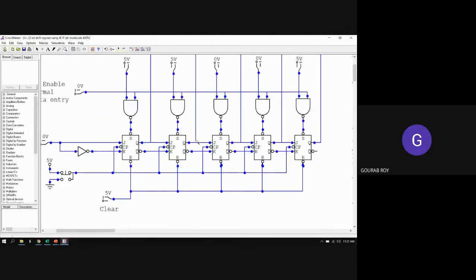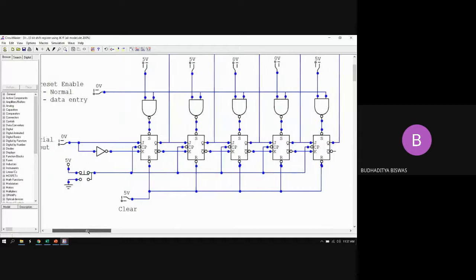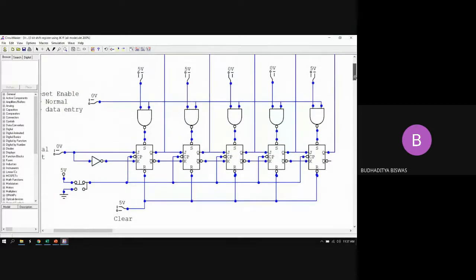Clear. Okay. So understand the circuit step by step, then only you can understand this one, because if you see it as a whole, the circuit looks complicated, but it's a very easy circuit. So first we need to take 5 flip-flops. This is the first flip-flop, JK flip-flop. Just connect the serial input to the J and it is inverted and connected to the K. All the other flip-flops get the input from the previous flip-flop output.